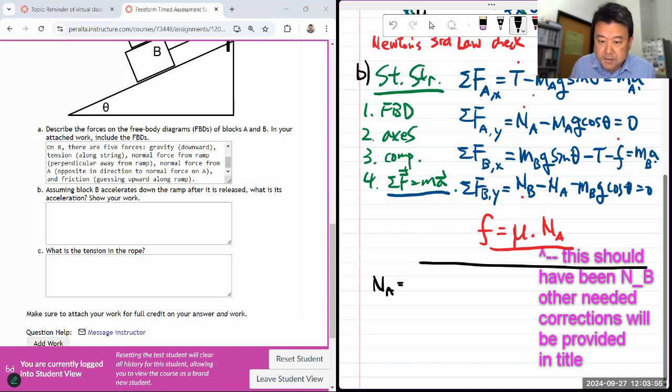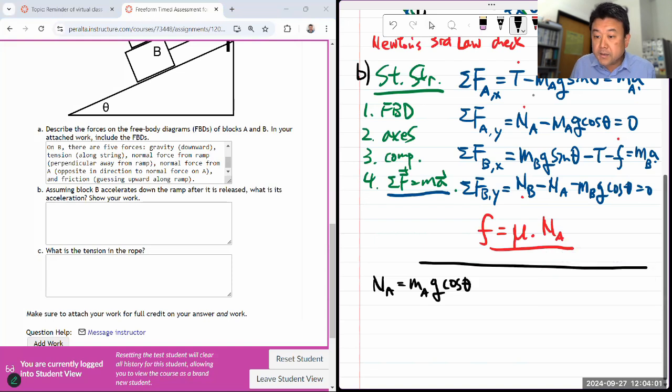I know N_A is equal to m_A g cosine theta. Using that here, I'm going to solve for N_B. N_B is equal to, oh, I don't need that actually. Doing the algebra in my head, it's (m_A plus m_B) times g cosine theta, which kind of makes sense. Using these two, I can have an expression for the friction force,